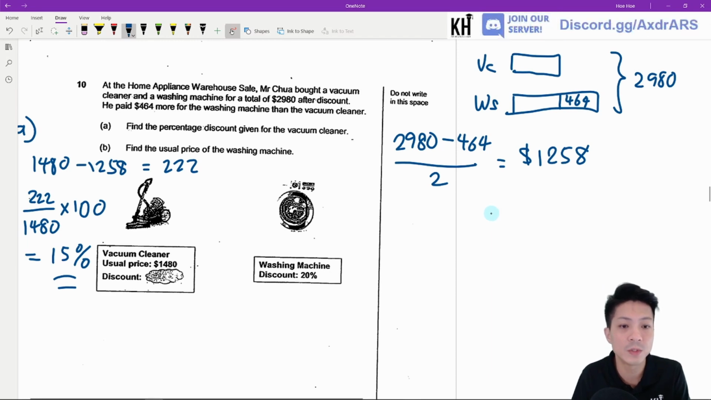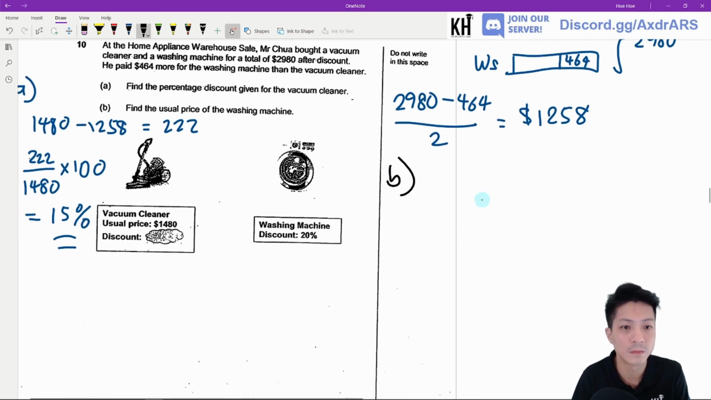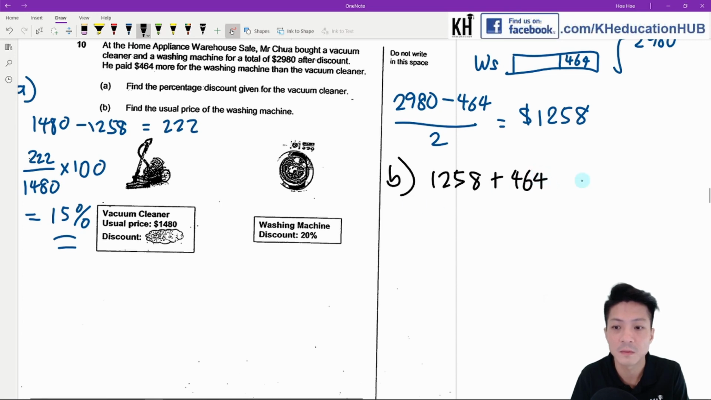Okay, part B, find the usual price of the washing machine. So we're gonna find out how much was spent on the washing machine. It'll be 1,258, okay, plus 464. That's gonna give me